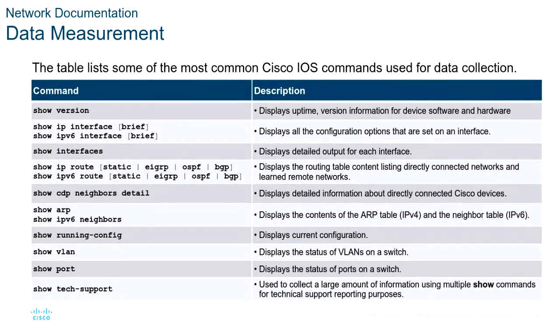The show IP route command shows us the routing table. If it's not in the routing table, it can't deliver to it. So we want to make sure the routing table is consistent depending on which type of routing protocol we're using. Now he is showing EIGRP and BGP here as an example. Just remember at the CCNA level, we are only